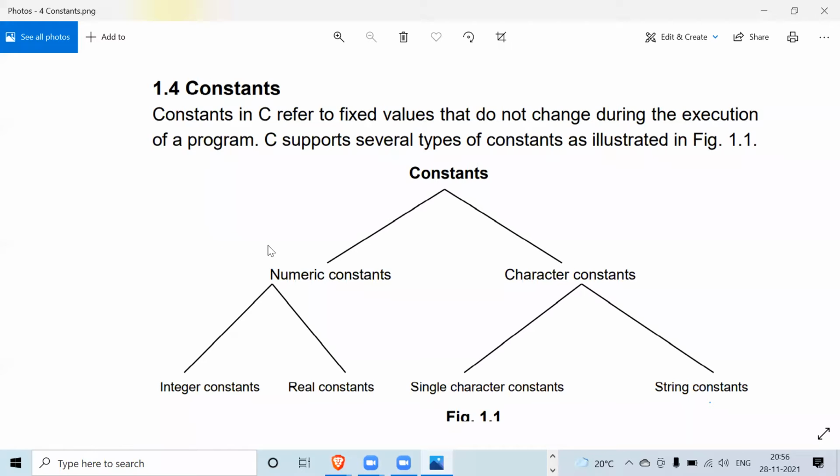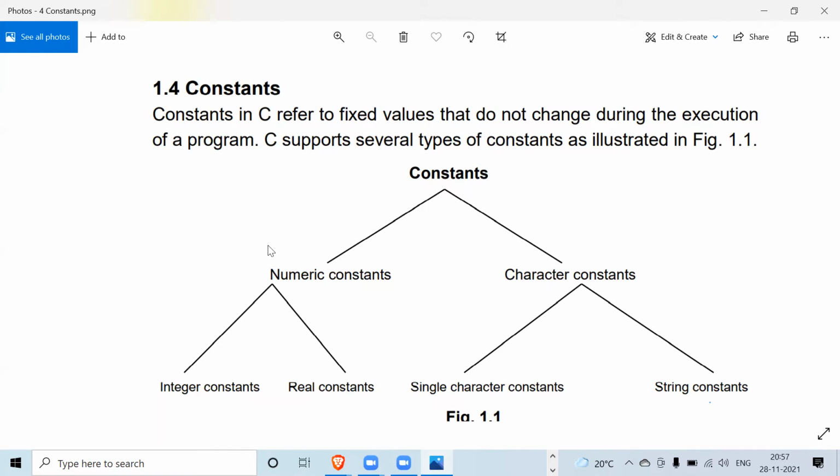Another section is character constants. Character constants are of two types. The first type is single character constants. Suppose you declared a character a equals to, what is that comma called, which is on top? Single comma. Can anyone tell me? Quotation, right. Perfect. It's always written under single quotation marks. A single character constant always stores only one character, whatever that character may be. That can be an alphabet, a digit, a symbol, always one character.